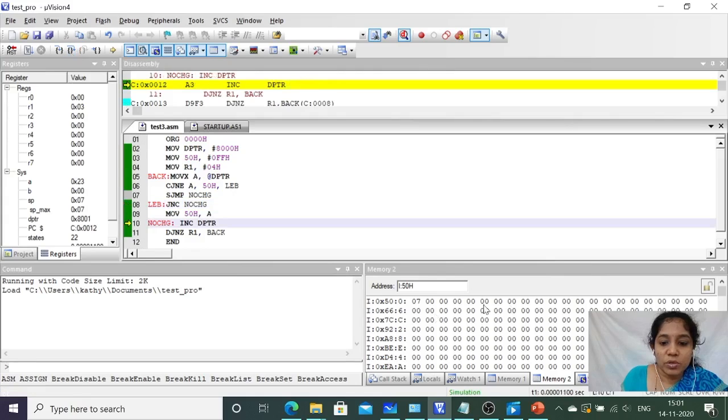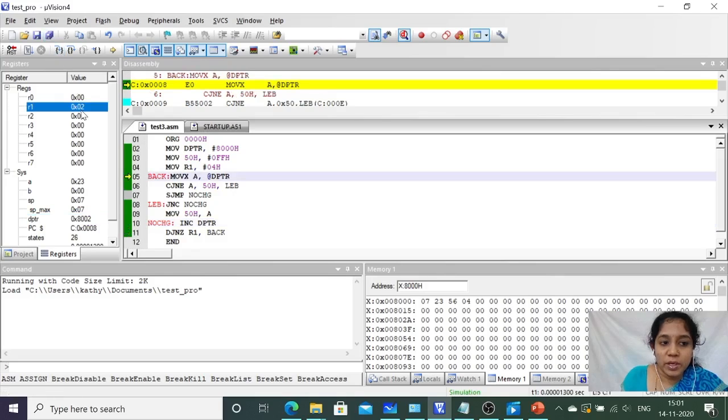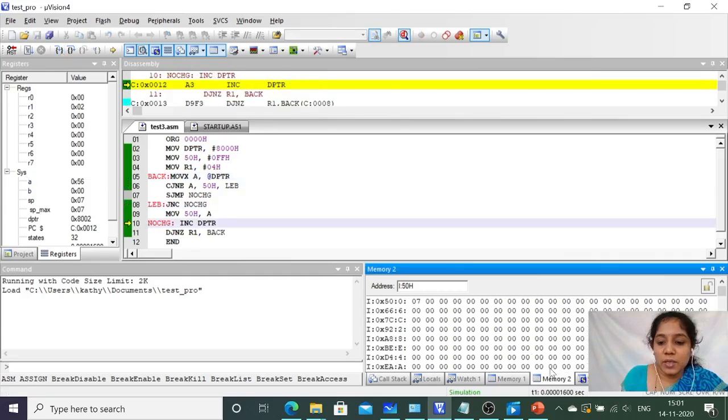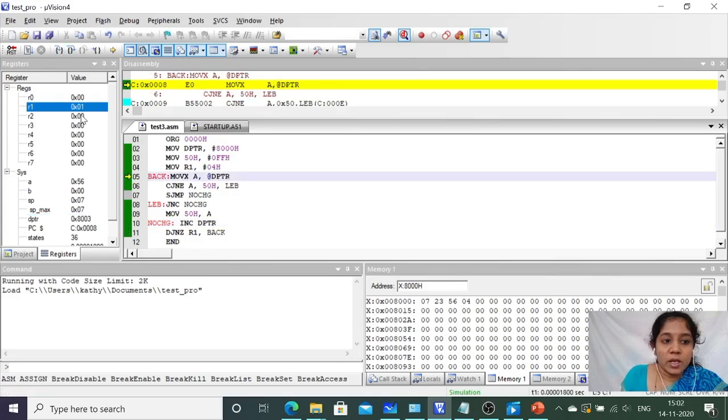At no change, it goes to the next memory location, that is the next pointer, 8002. And the count should be decremented. Next we will take the next data, that is 56. We will compare. After comparing we found that the carry flag will not be set. So the content will remain 7 itself, and again DPTR will go to the next memory location, and the count will be decremented by 1,